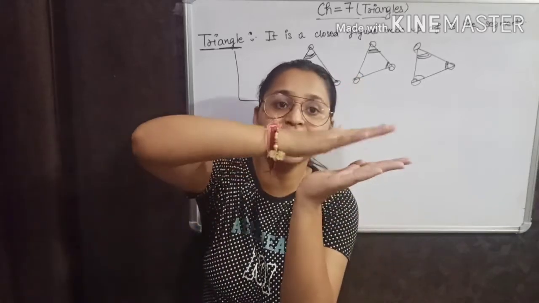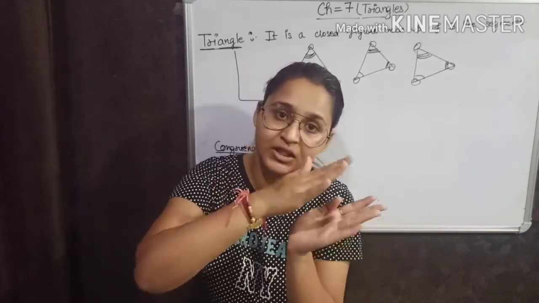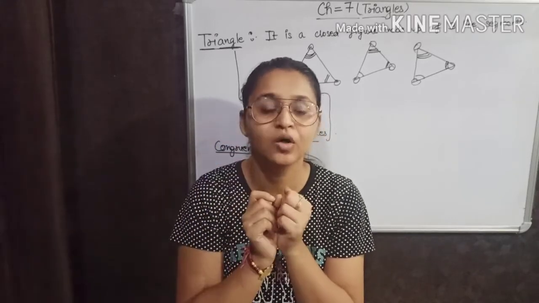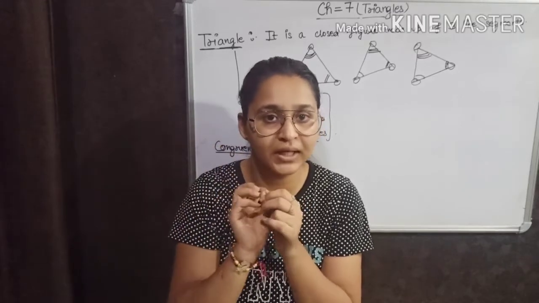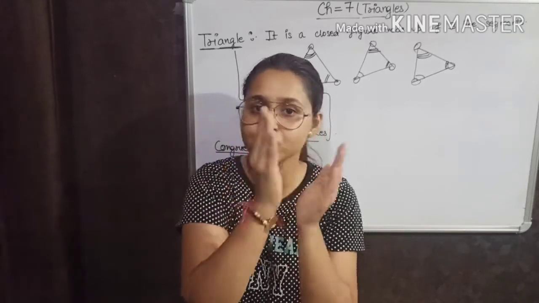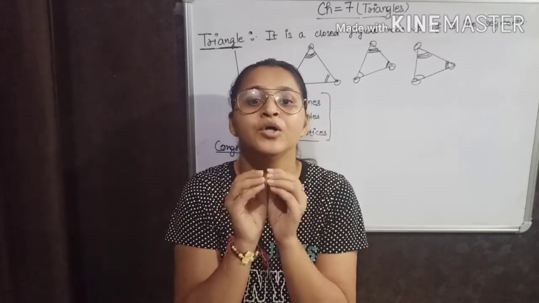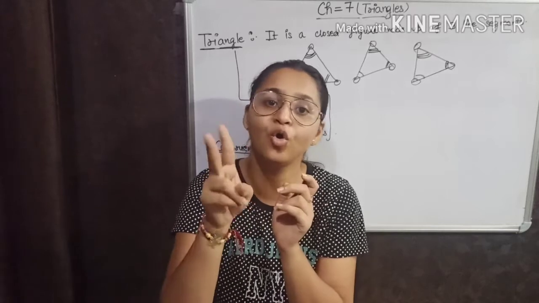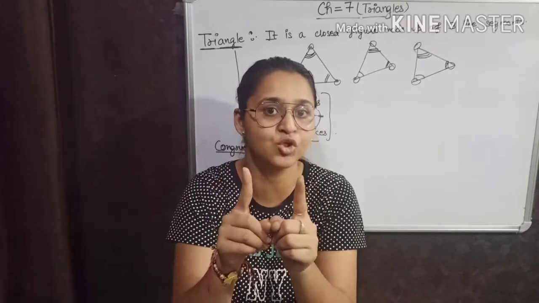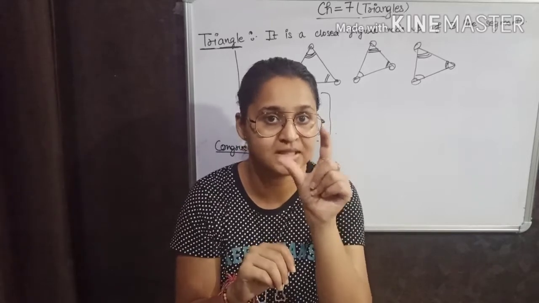It is completely covering. If you have two books of the same shape, same length, and these two books are covering each other, then you can say so. If you have a key of any lock, and you make a duplicate key, these two keys will overlap each other. You will not be able to see another side of the key when you put one key over another. So you can say that the two keys are congruent to each other. Congruent means similar, same shape and same size also. Keep note here: same shape and same size.